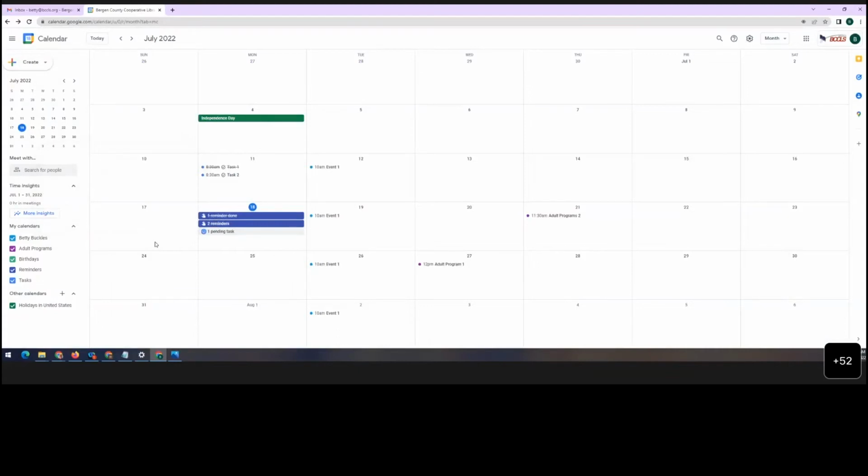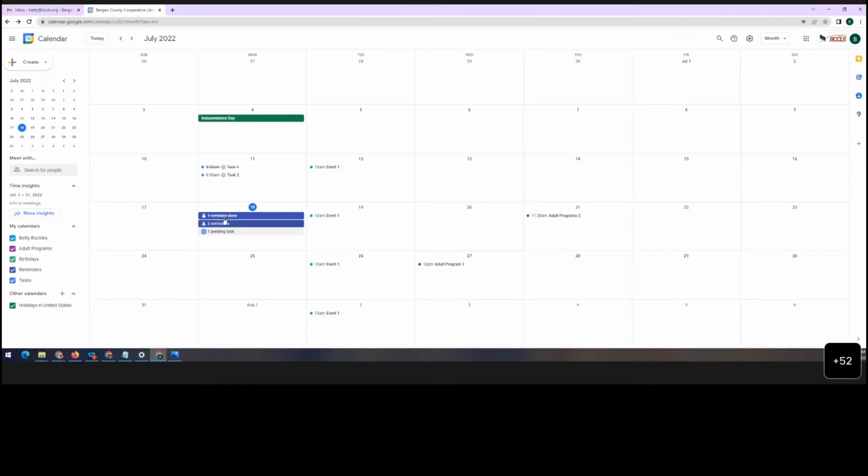where a simple task needs to be done in, say, a week's time or a couple of weeks' time. And I just want to remind myself to do that on that day. And then if I don't get it done, it will follow me throughout my calendar. So those reminders, again, you're able to create notifications with those, so it will notify you when a reminder comes